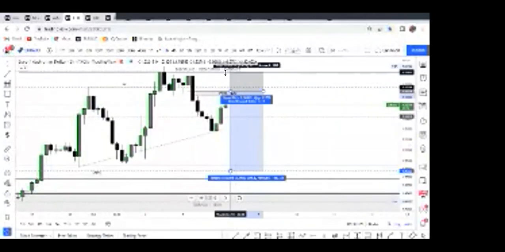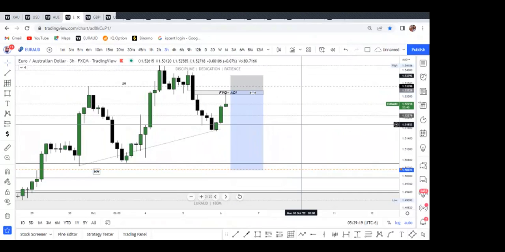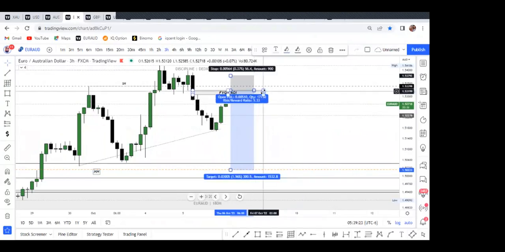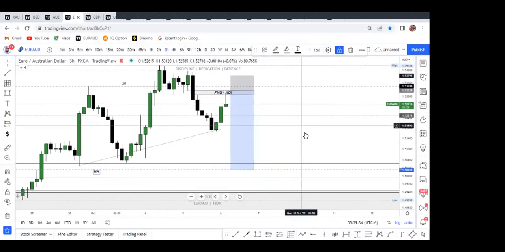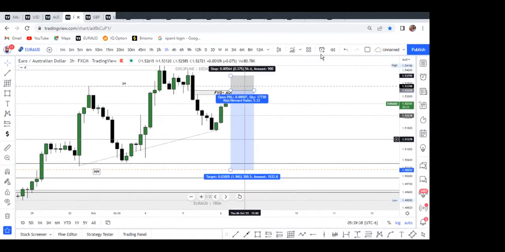Usually, I will not even take my entry like that. If I go to the lower time frame on this break of structure, I use the lower time frame order block because it's very big. This pair, the pip value is crazy. If I check this stop loss now, it's over 100 and something pips. Look at it. It's okay, 56 pips. Take profit 300 pips, which is like 1 to 7 reward.